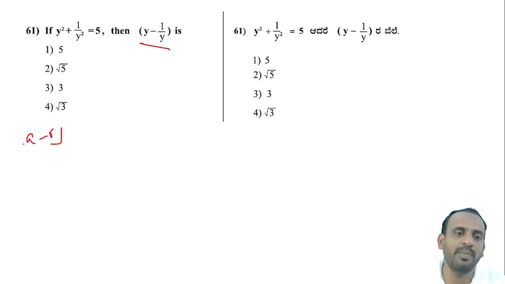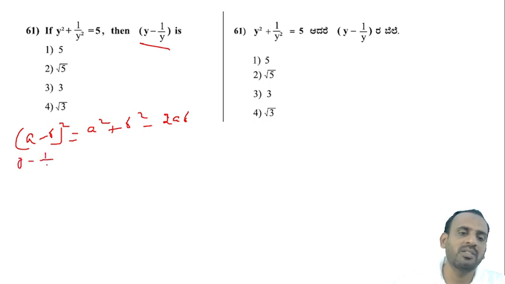A minus B whole square is equal to A square plus B square minus 2AB. Okay. So y minus 1 by y whole square is equal to